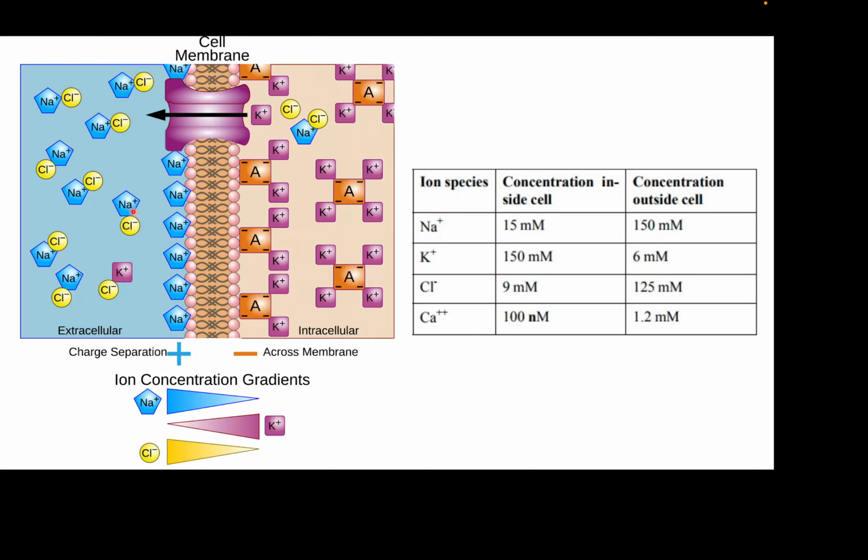And then there is a difference in the concentration due to the selective permeability. So overall you can see that the inside of a cell towards the membrane is a predominantly negative environment, and outside it is predominantly positive due to the difference in the ionic concentration. Okay,